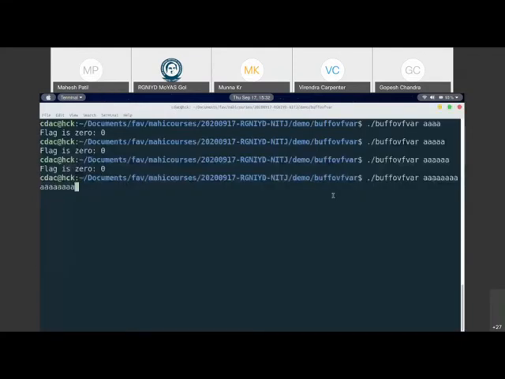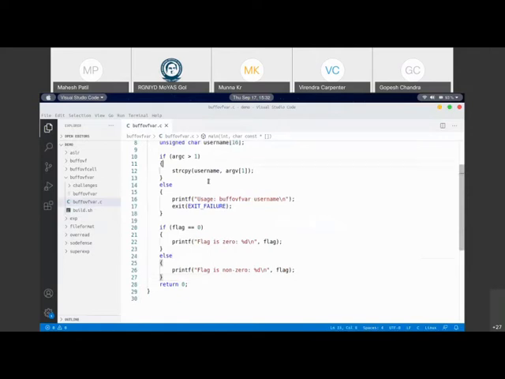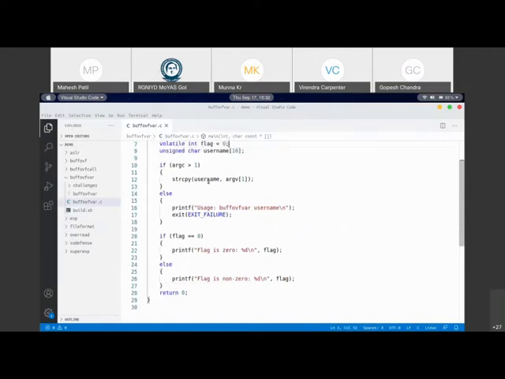So it means if I pass an additional A over here, which I did now, it's going to pass and put the data into the flag. And you see that now we are able to execute the else statement where the flag is non-zero. So here, if you look at the C program, we never had the flag variable changed. But just by the input that is coming in, we were now able to execute this statement over here and get control over the execution flow.